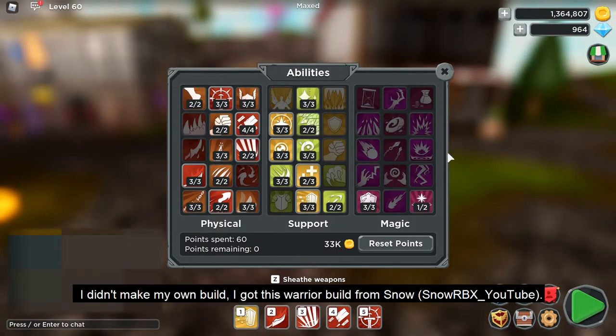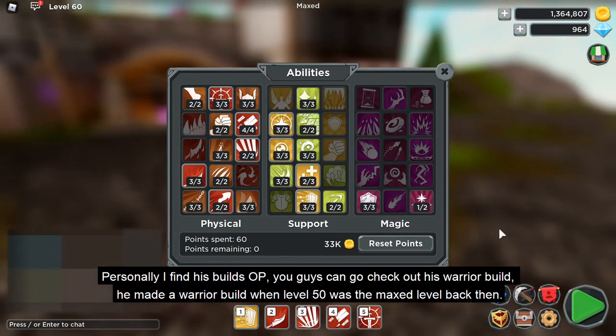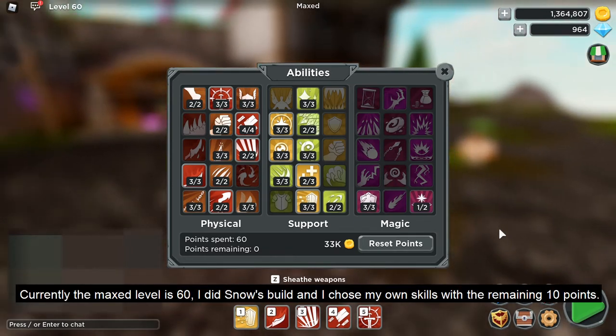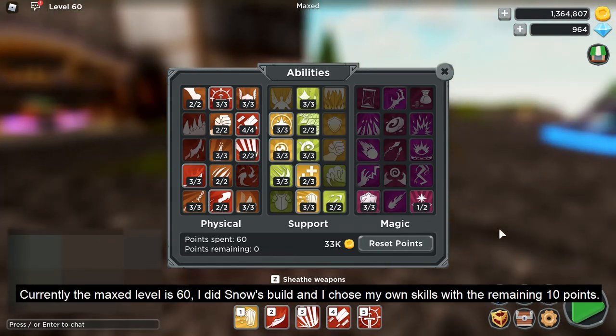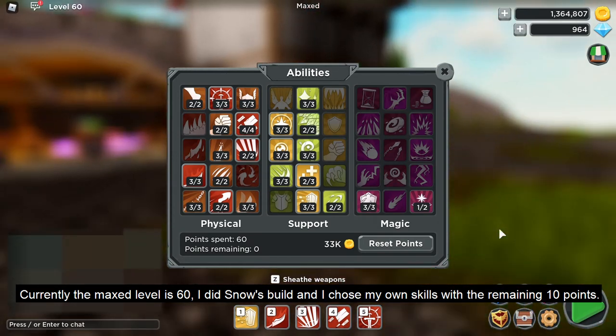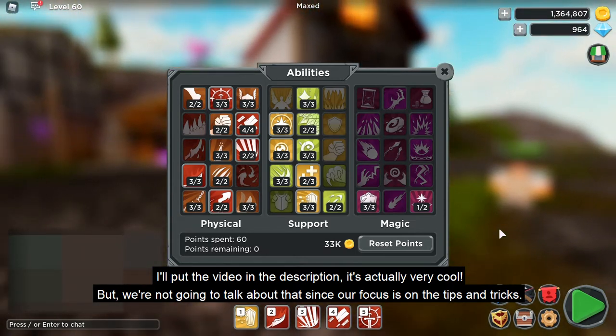I didn't make my own build. I got this warrior build from Snow. Personally, I find this build OP. You guys can go check out his warrior build. He made a warrior build when level 50 was the max level back then. Currently, the max level is 60. So I did Snow's build and I chose my own skills with the remaining 10 points. I'll put the video in the description. It's actually very cool, but we're not going to talk about this since our focus is on the tips and